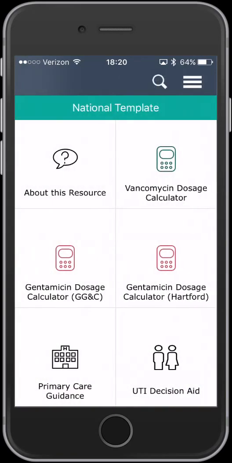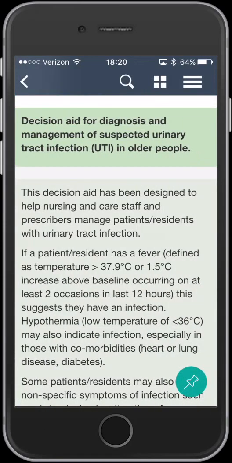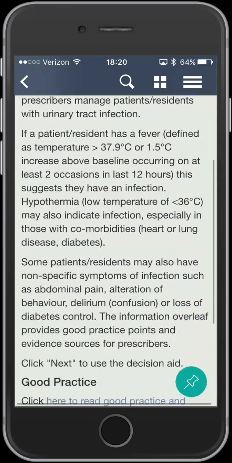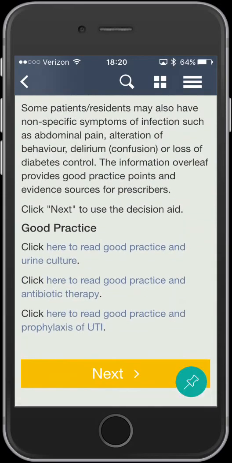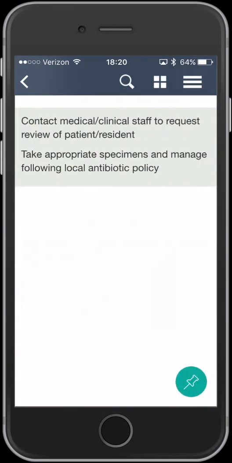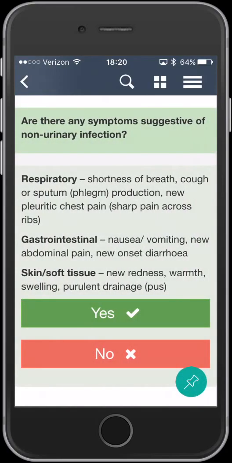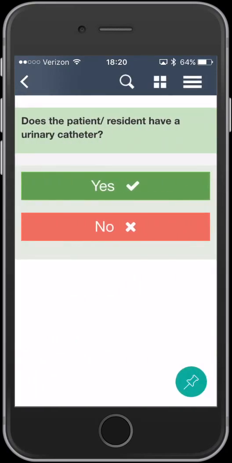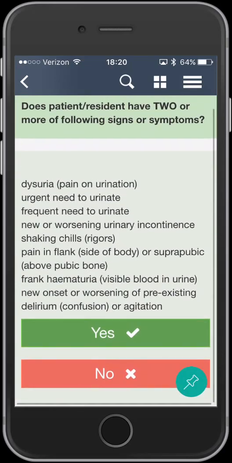The final section of the app has this UTI decision aid, which is really to help nursing staff and patients who are in a nursing care facility decide whether or not they should receive antibiotics if they have urinary tract symptoms. It walks you through a step-by-step mnemonic of who should or shouldn't get antibiotics. Simple yes-no information